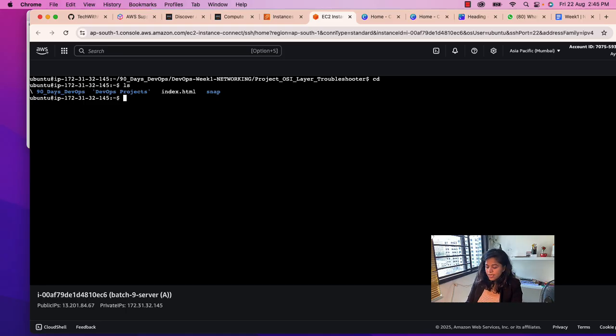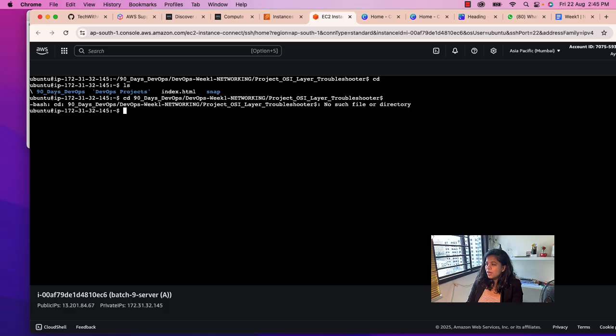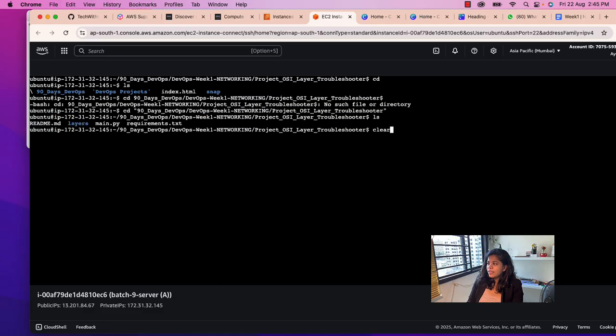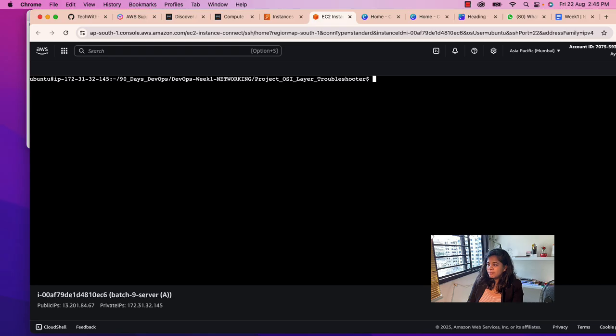If you can see, cd, here we go. ls. Okay, clear. So I'm now inside my folder, and inside it I had another folder, DevOps week 1 networking,